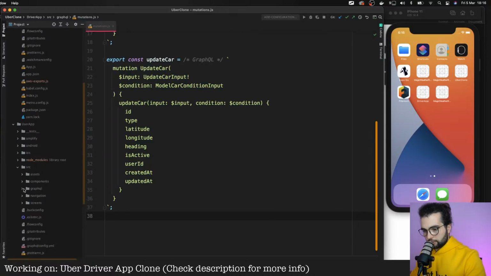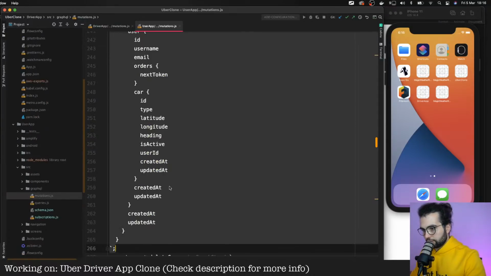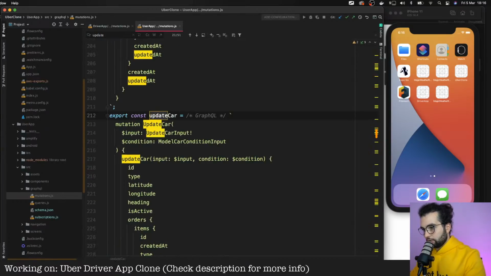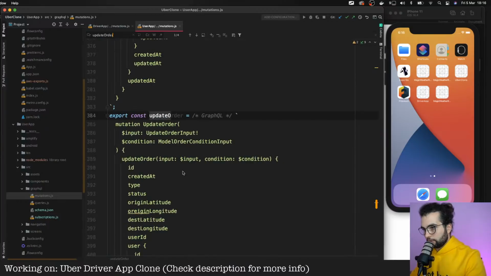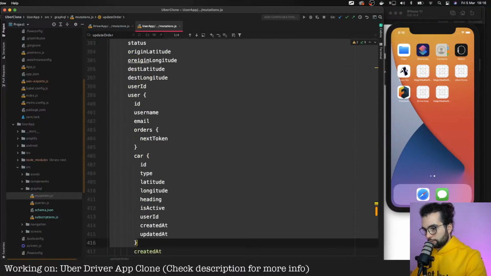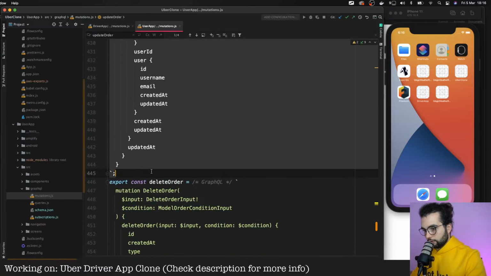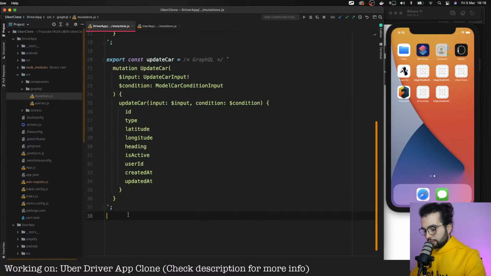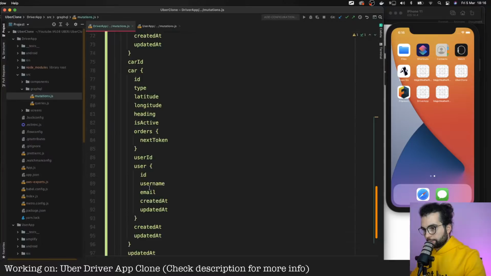Source, GraphQL, mutations, and here should be somewhere update order. Update order, yeah, this one. And we're gonna copy it and move it to our driver app, GraphQL, mutations, and down below here, update order.